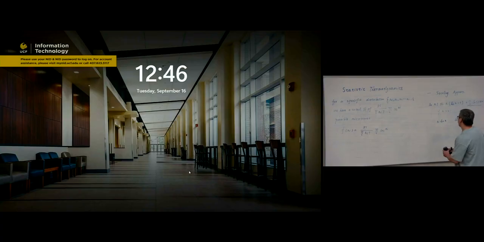So in that case, if this one is much larger than 1, we can further do the approximation. We can simply write it as n times log n minus n, minus 1. Or to make it clearer, n times log n minus n. Is that correct? So this is the approximation, right?